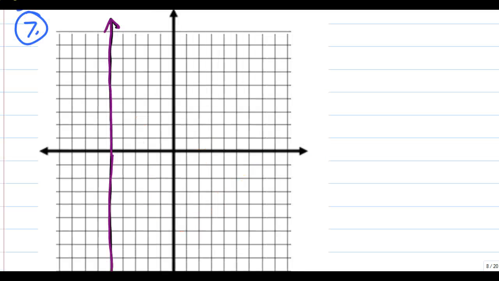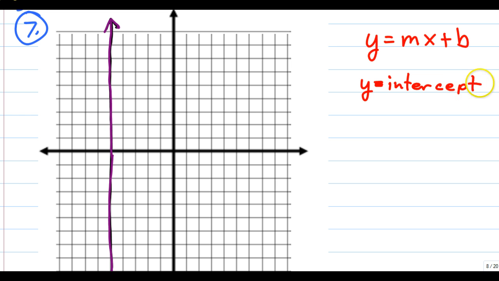In question number 7, we're asked to write the equation of the line in slope-intercept form. So again, we're asked to write it in the form y equals mx plus b. In the case of this line, we're actually given a perfectly vertical line. It's straight up and down. We actually do not have a y-intercept. But what we do have is an x-intercept. We have x intercepting here at 0,